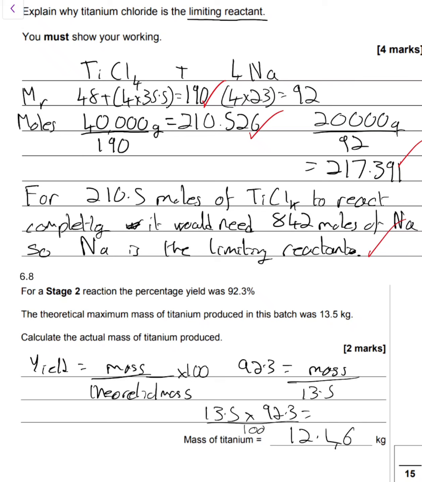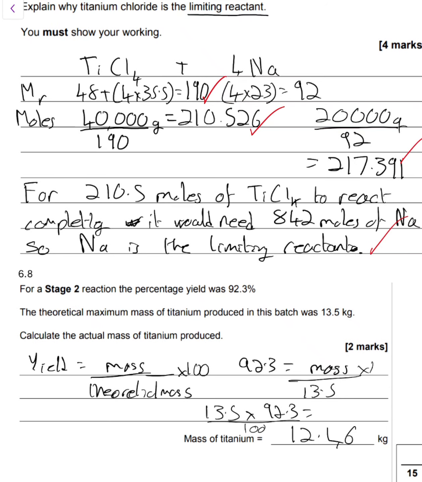it. One of those rare cases where it doesn't actually state whether you should round something or not. So 12.5 or 12.46 or 12.461 was allowed. Note that you can't have 12.4. Why can't you have 12.4? Because 12.4 is not 12.46 rounded. You've just forgotten to put the 6. So anybody that wrote 12.4 would only get 1 mark for showing their working. So we know that times 100, that should be the correct working there.